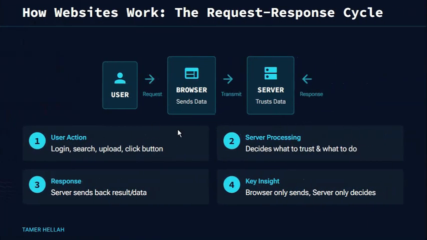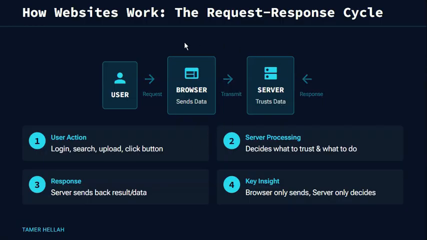At a very basic level, every website works using the same process. A user performs an action like logging in, searching, uploading a file, or clicking a button. The browser sends data to the server, which processes it, and then the server sends back a response.